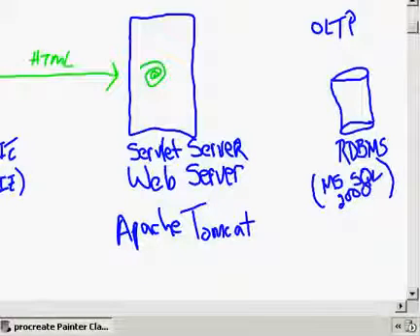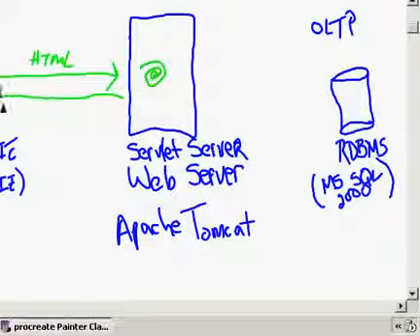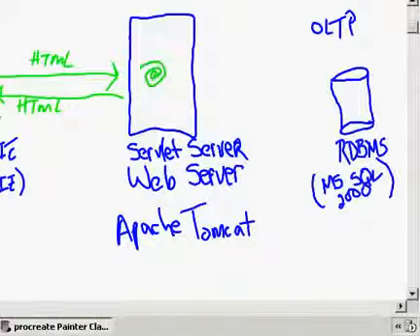Web server receives the request. Then it streams back HTML to the client, and then HTML is processed and rendered on the client here. So because the processing and rendering is happening on the client here,